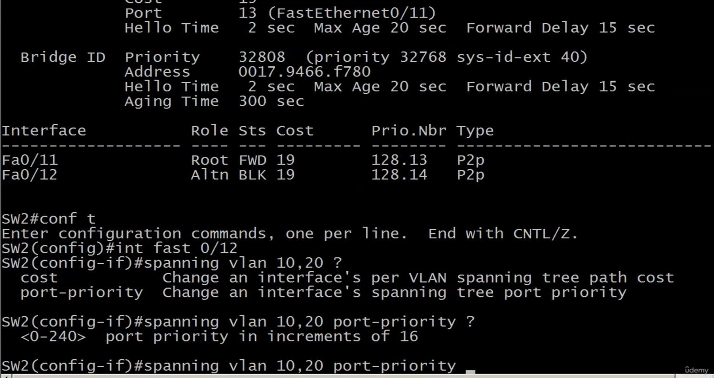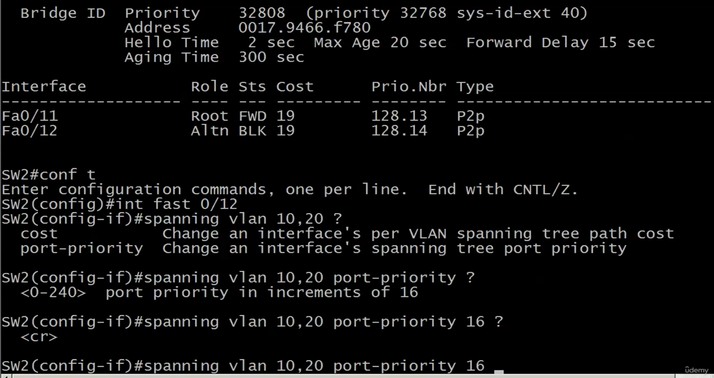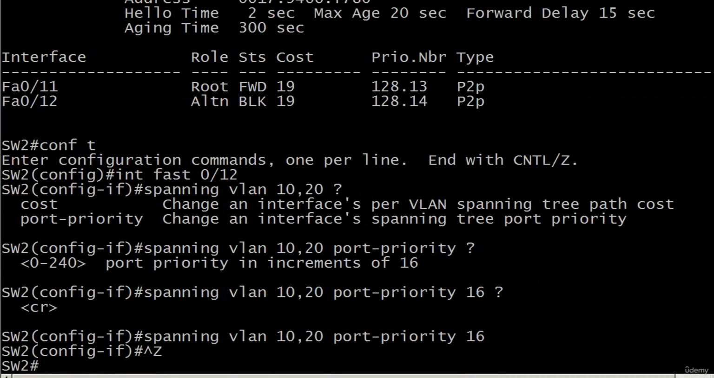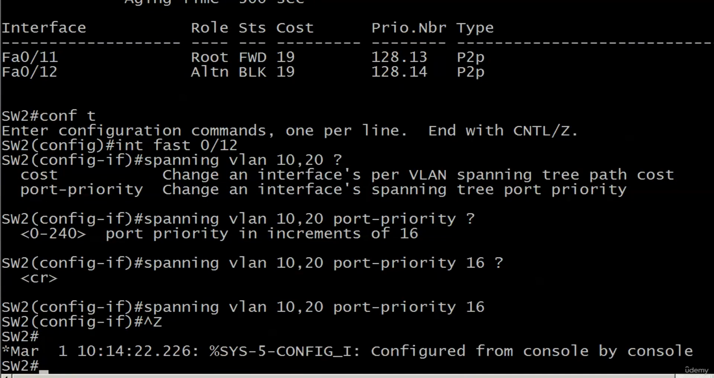And watch this one because you have to put it in increments of 16. One of those things. So we're going to say 16. We could go 0, but I'm going to go 16. And I believe that's it for the options. So there we go. Changed it. Little config message, no big deal there. And let's go ahead and change or check